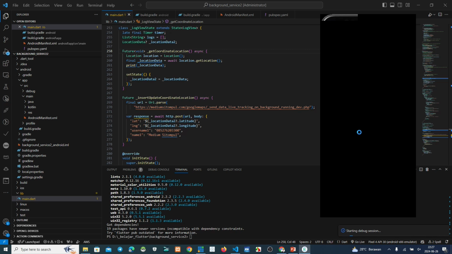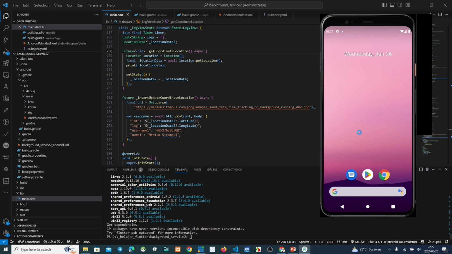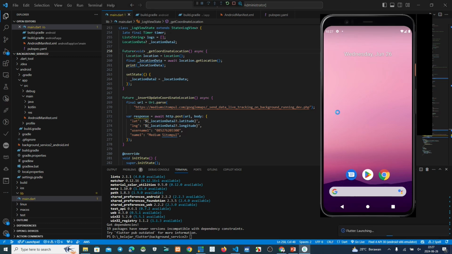Okay, this one. Maybe this process will take about 1 minute. We wait until this process finishes. We can see the result. The result will be sent from this front end Flutter to the back end. This is the backend script, and then it is sent to the database.